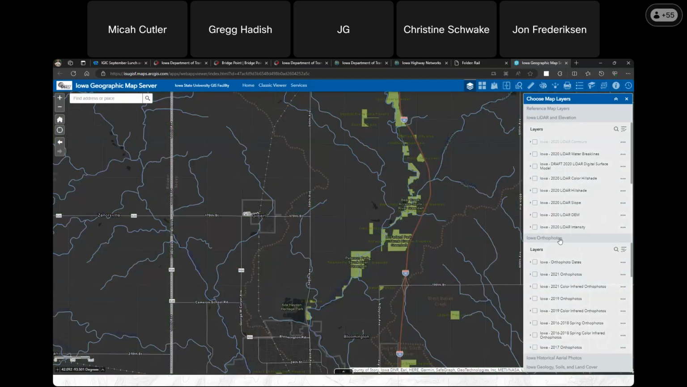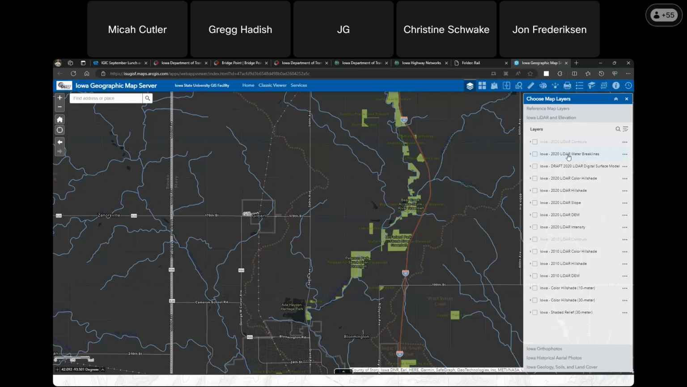Just turn off the photography for a second here so we can look at, again, related to the 2020 LiDAR collection. I'm sure if you've been a member of IJIC, you've heard about the LiDAR collection that's gone on. The majority of it was collected in 2020 and 2021, but it's the second time that we've had a statewide LiDAR collection. It was primarily funded by